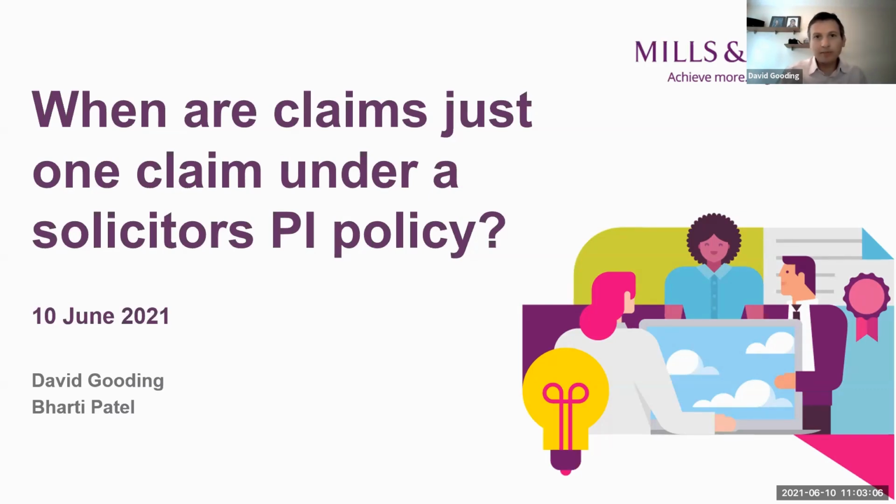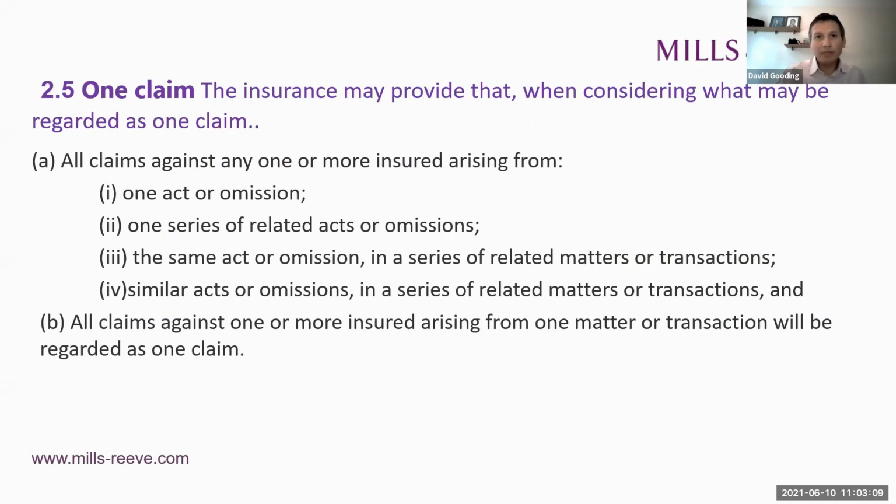Let's turn to the specific wording in the minimum terms. Now, we've kept this deliberately slide light so you and we can just focus on the key clauses that we need to be talking about. I'm going to look at the first couple of limbs, then Bharti's going to cover the remainder and provide some concluding thoughts. So taking the first one, you're looking at all claims against one or more insured arising from, so first limb, one act or omission. I have to say, it's pretty rare in my experience I see a dispute over this limb. Tends to be more straightforward.